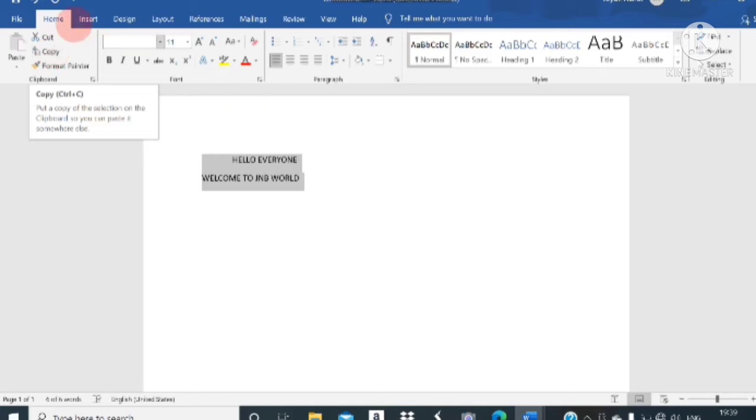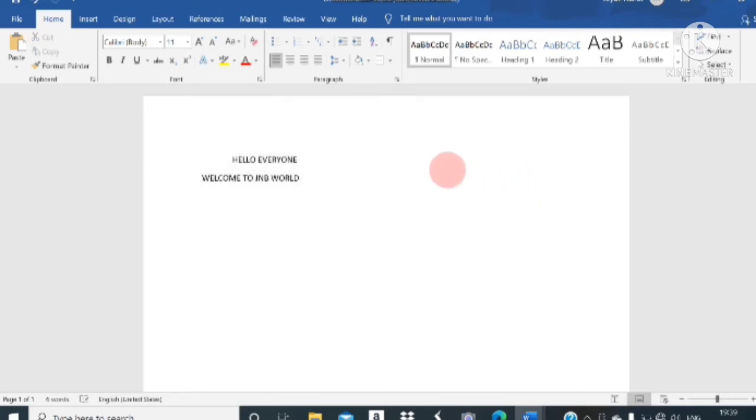And where you want to paste this text, say for example I want to paste this text here, in this position, then my cursor should be here. After that, you can just paste it or you can right click on it.